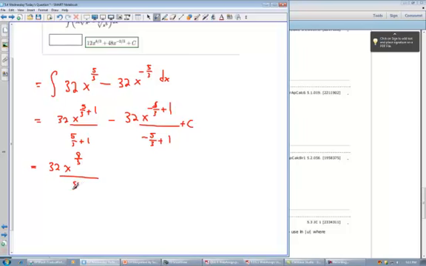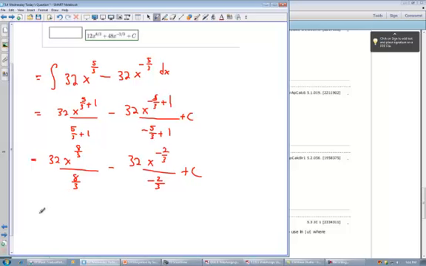Divided by 8/3 minus 32 x to the, this is minus 5/3 plus 3 over 3, so that's minus 2/3, right? Divided by minus 2/3 plus C. And so this is equal to, right, when you divide by a fraction, you multiply by the reciprocal. So this is going to be equal to